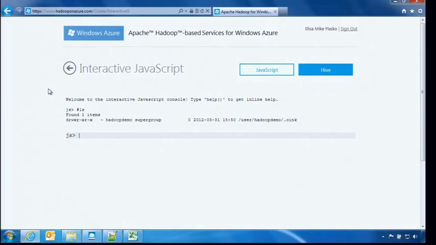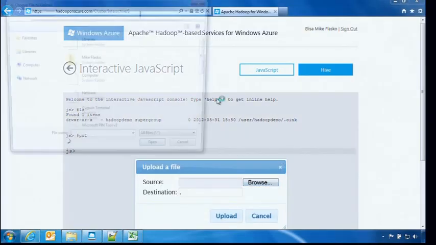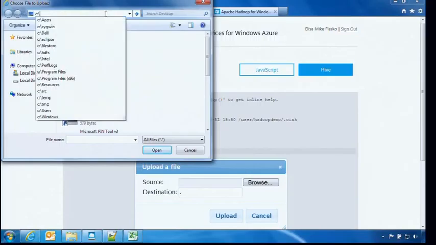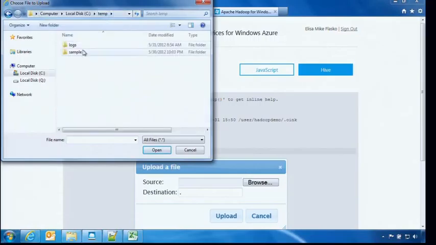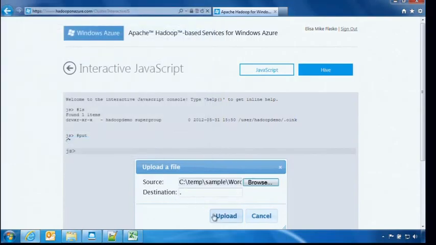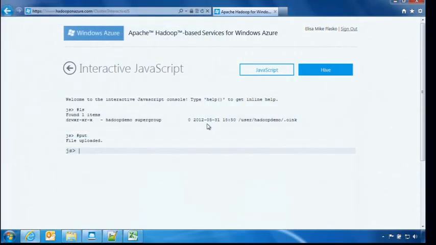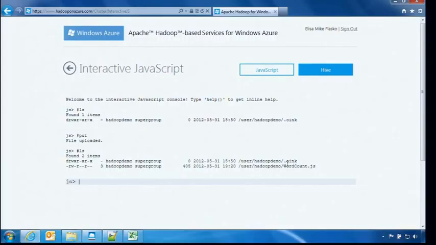And so let me upload my MapReduce program. So I'm going to say put. I can browse to my program called word count. I'll open that up and upload it into my cluster. Now if I do ls, we can see I have word count sitting there. And if I take a look at word count,